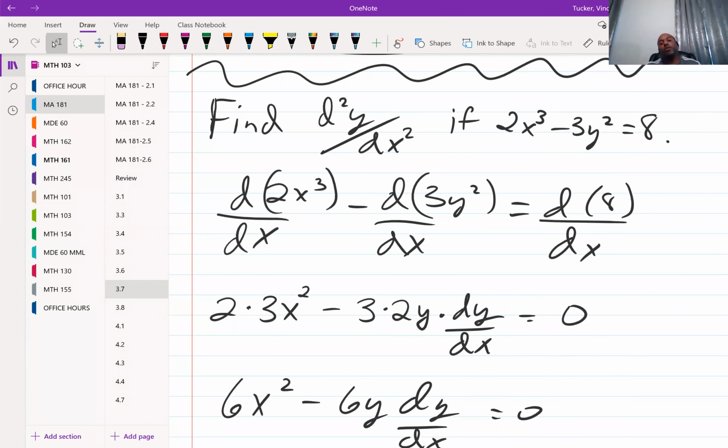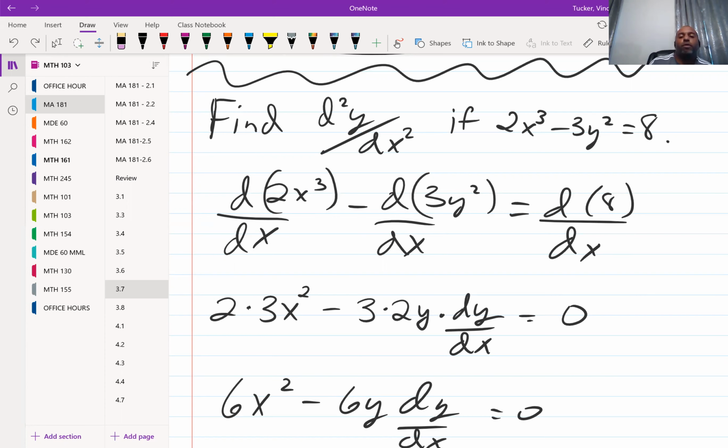All right, so here we're looking at taking the second derivative of 2x cubed minus 3y squared equal to 8. So just like before, we take the derivative of each piece with respect to x. So 2x cubed: bring down the 3 and subtract 1 from the exponent. So that's 2 times 3x squared